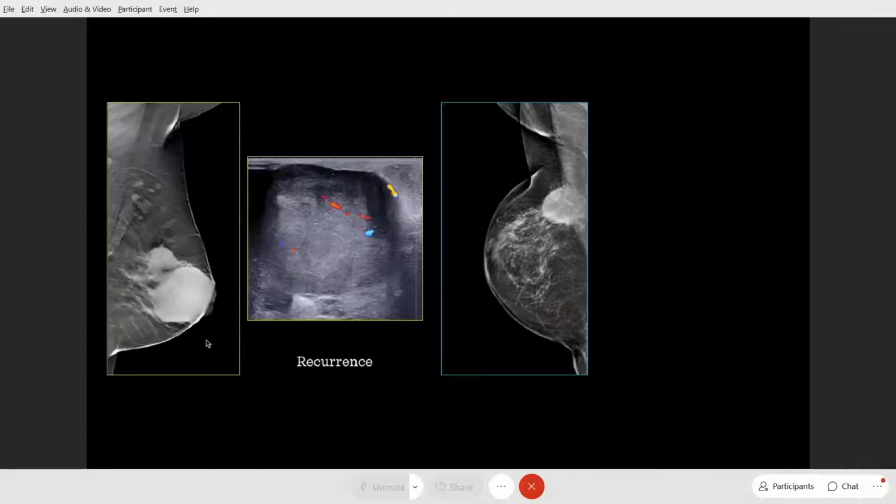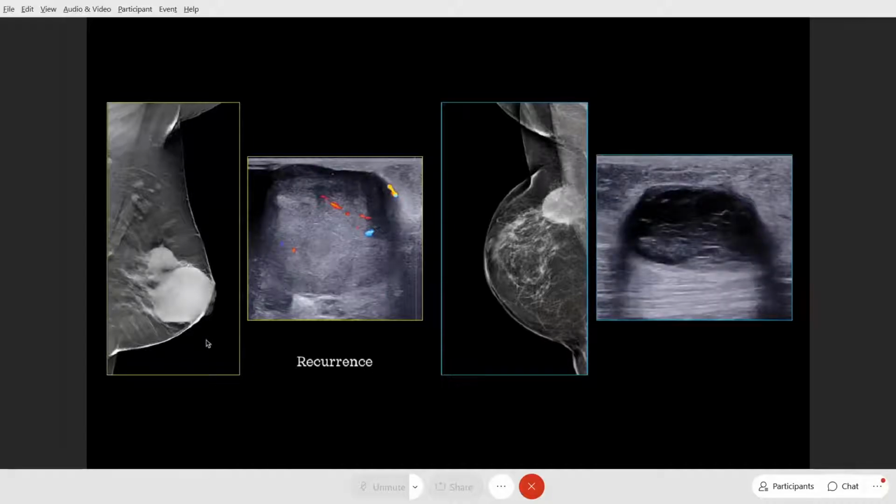and this needs biopsy. The second one is predominantly cystic with a little bit of solid areas with intense posterior acoustic enhancement. And believe me, they do not have any internal vascularity. And when you ask for more history, she said it had been there, much more diffuse, immediately after surgery, and it became pretty well organized after 2 or 3 months. So this is a case of seroma. Again, ultrasound plays a key role in differentiating between recurrence and seroma. This needs biopsy, and this just needs reassurance and follow-up imaging.